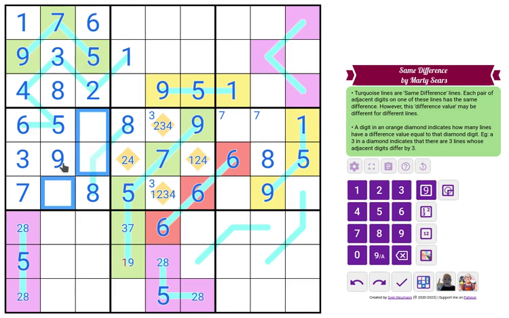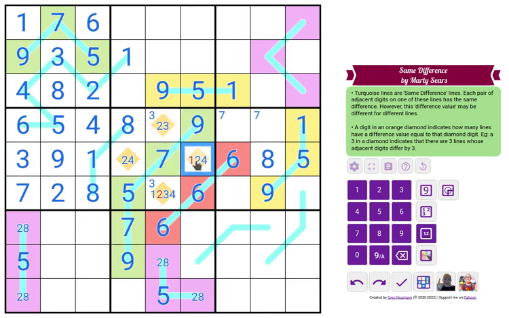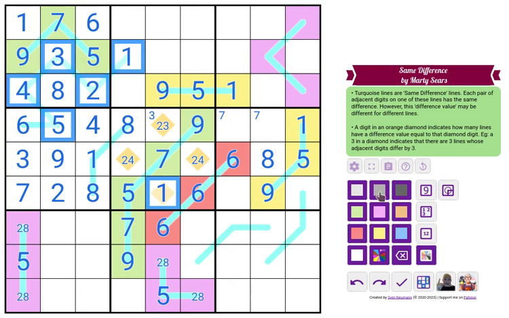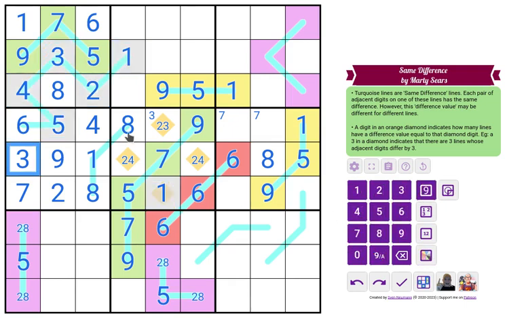We have 1, 2, 4, so 2 here. 1 and 4, 1 goes here, because of this one. 4. 1 gives 9 and 7. No 4, no 1. So 1 goes here. I might color this line, so let's say in a light gray. This is a difference of 7, so it's not. This is the other spare line like this one. So I will put it in red. I should finish this one. 7, 2, or 3,